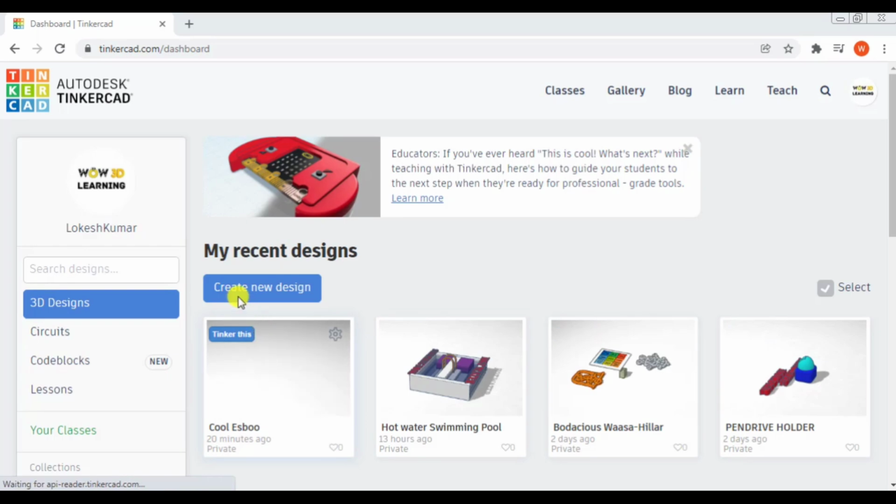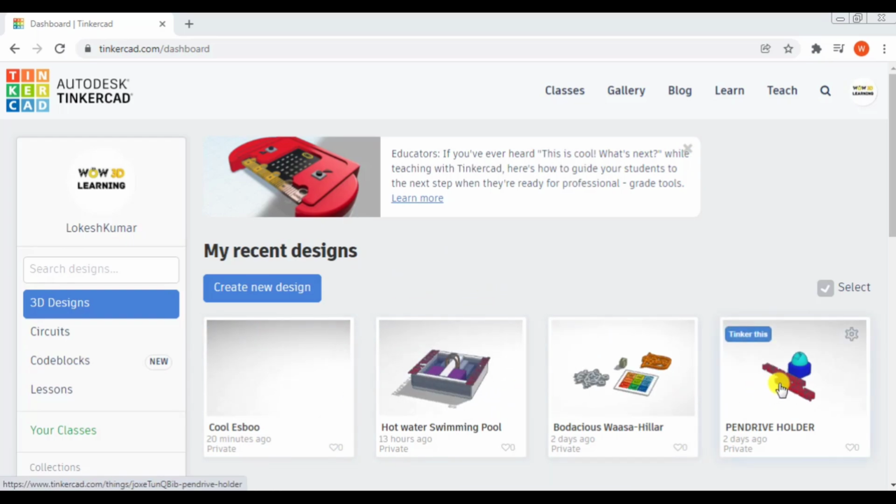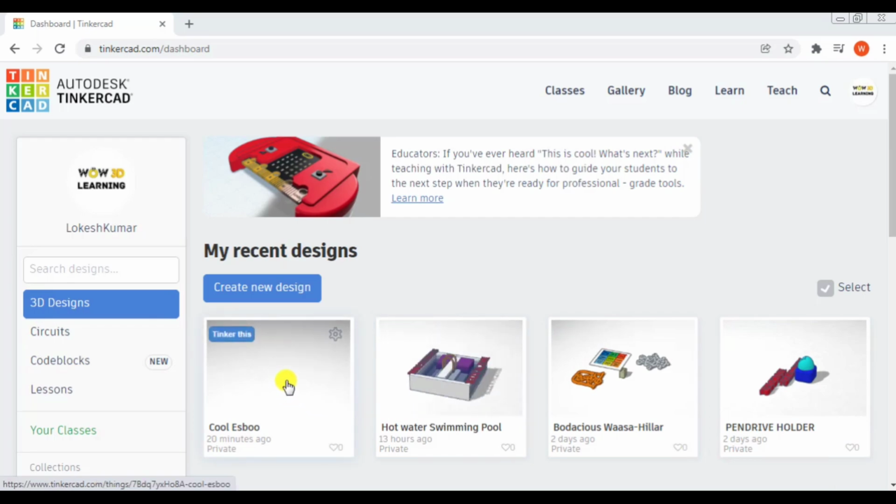After you log into your Tinkercad account, you will come to your Tinkercad dashboard, which will look like this. Here I have some past projects which I can navigate across, but your screen will be mostly empty, so do not worry. So click on create new design.